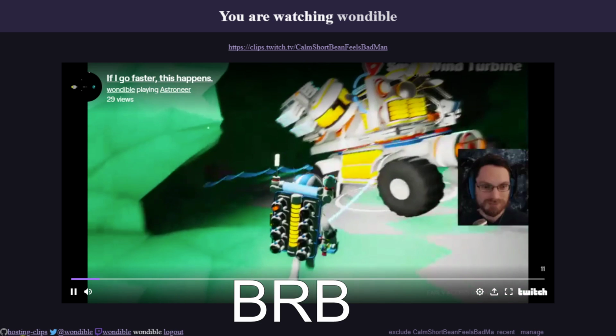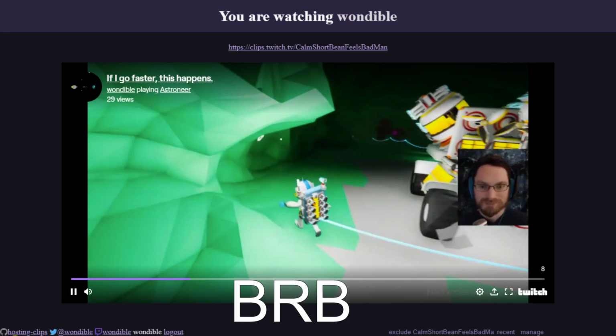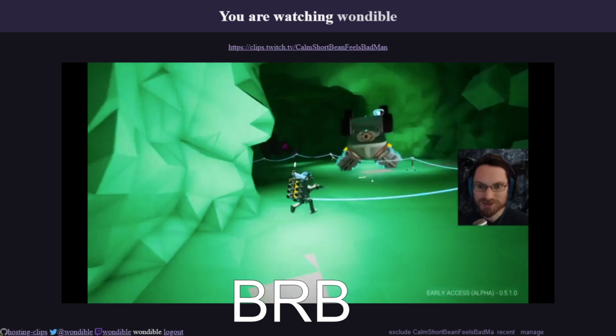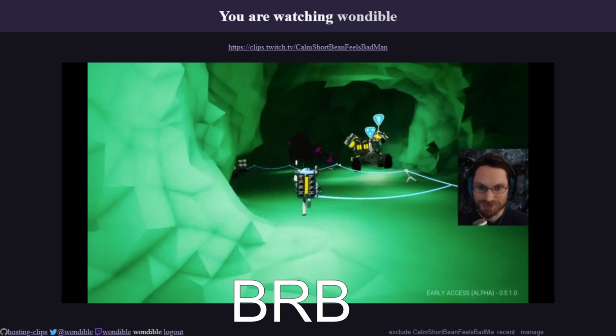A tunnel to the center. I can't go down that hill any faster than this. Because if I do, this happens. Yep. The trailers are actually sometimes helpful for